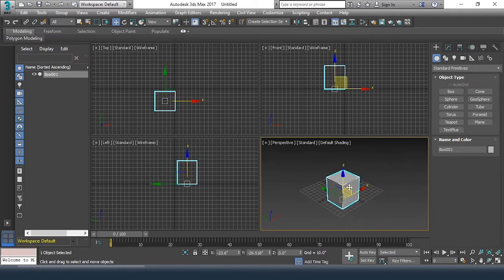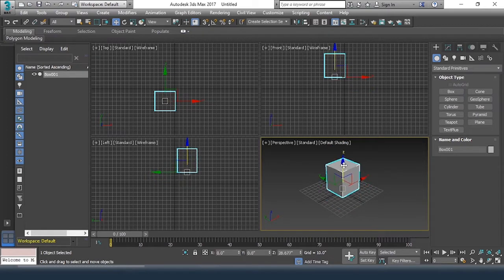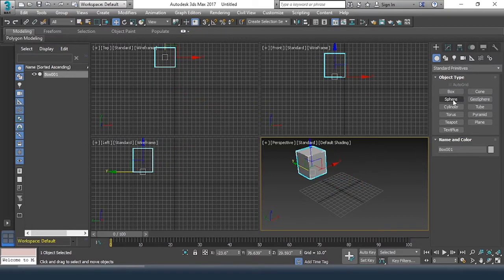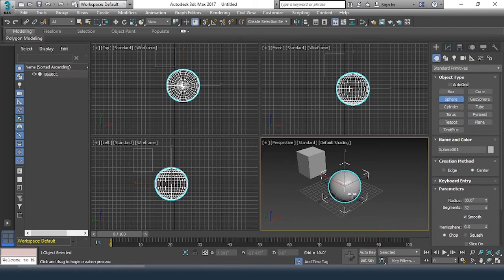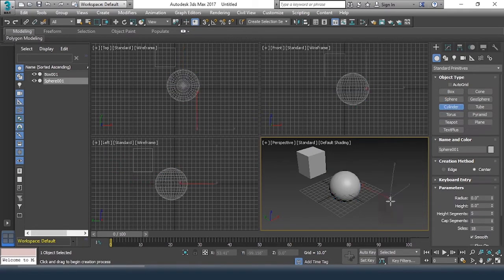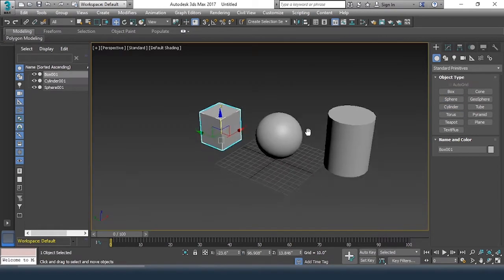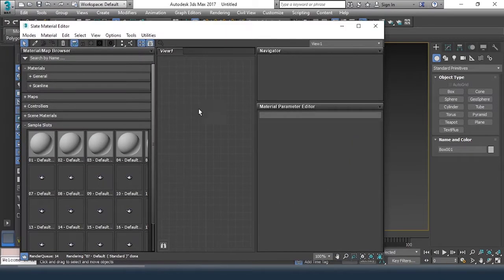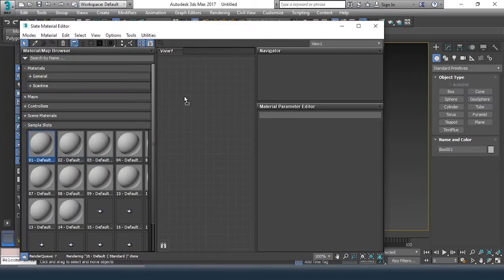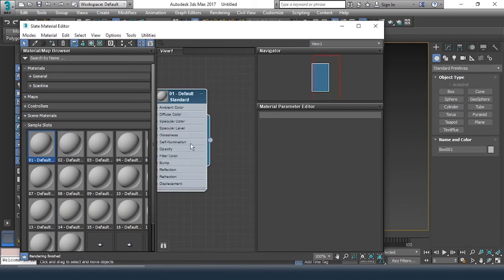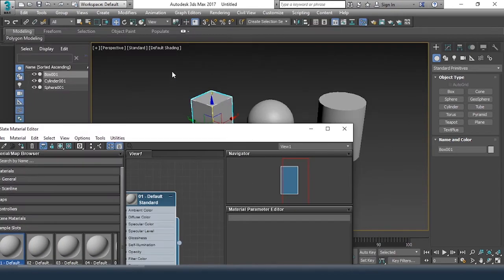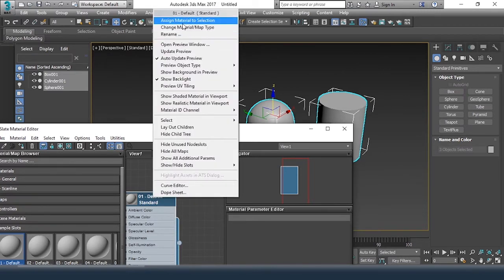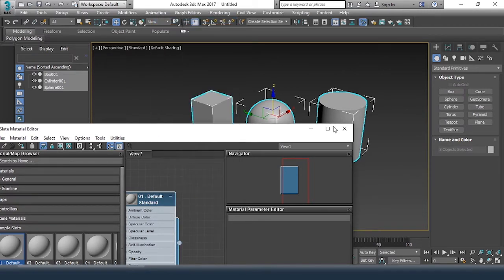Okay, so now what I'll do here is I will take one box, one sphere, one cylinder. Now I'll take one material, so I'll drop it, say instance, say OK, and I'll select all of them, right click on top of this and say assign material to selection.